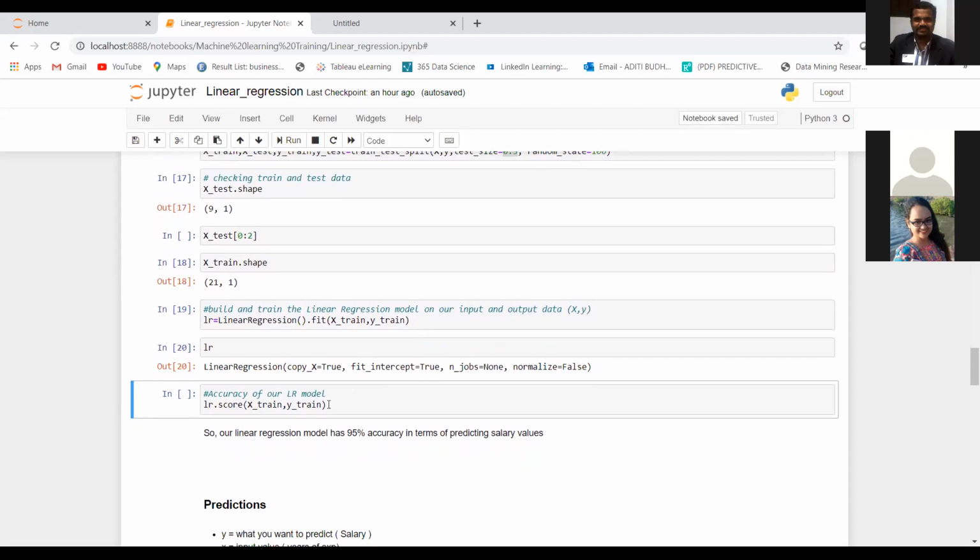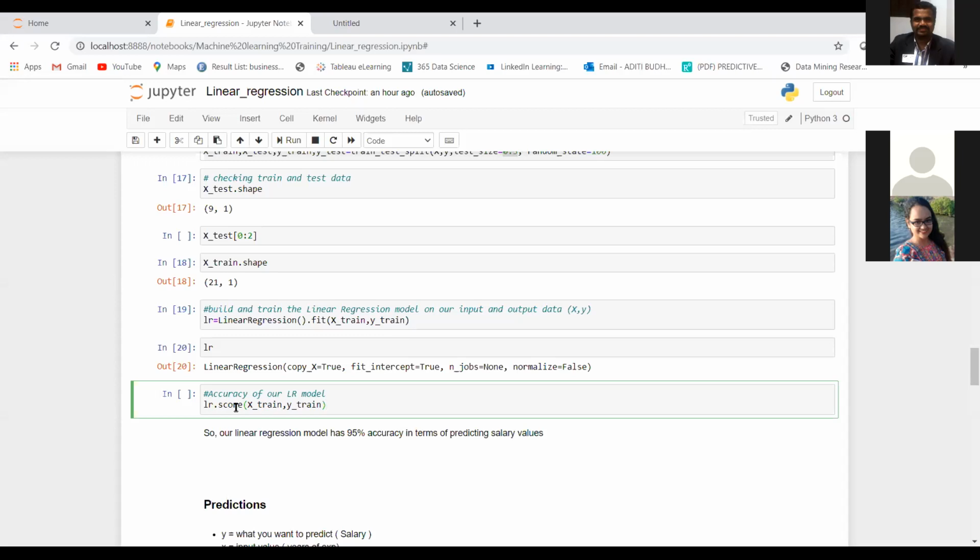And then you can check the accuracy of your model, and that we do by the lr.score function, to check how well your model was running. Basically, the predictions that your model makes, that is the y predicted, are compared with your actual values, right?